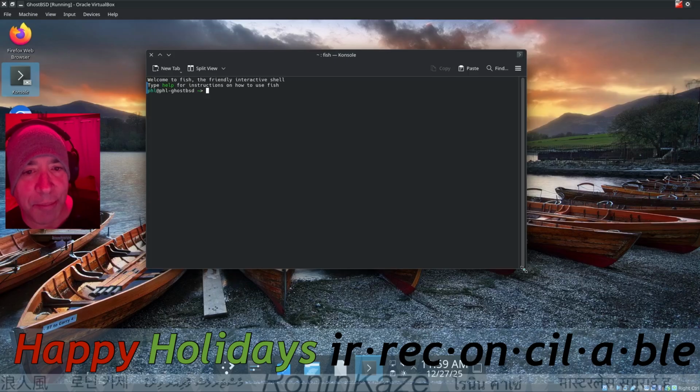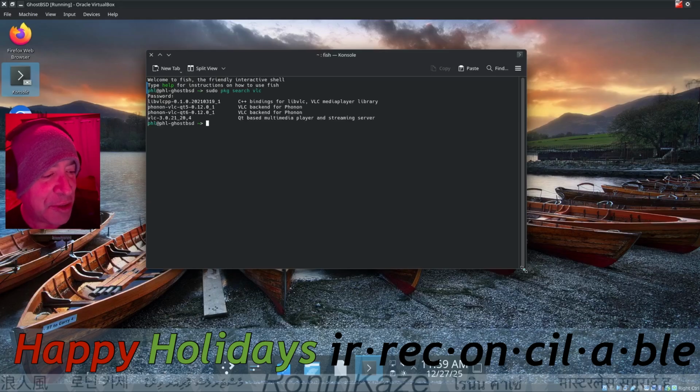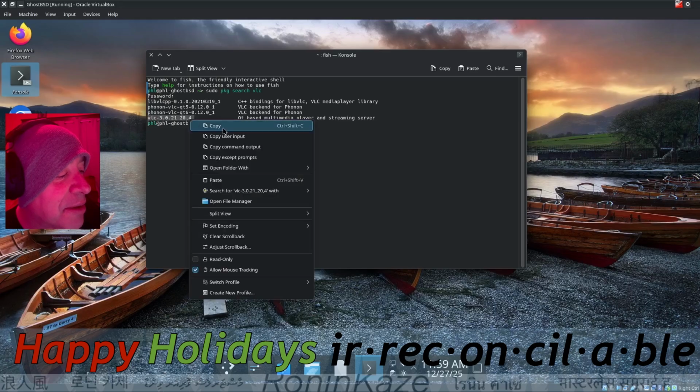So I have the terminal up. I'm going to have to move that closer, YouTube, because I can't see it. Another great thing about GhostBSD, sudo's in there automatically, so you're kind of familiar with what you have to do. So right there, I think I searched for the packages, or did I load it actually? Oh, I searched